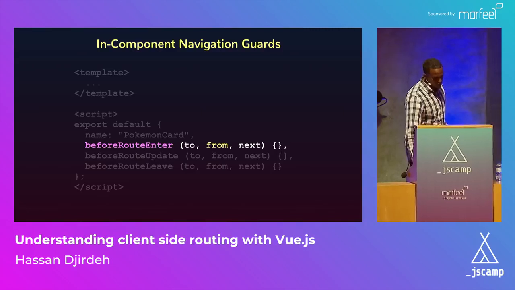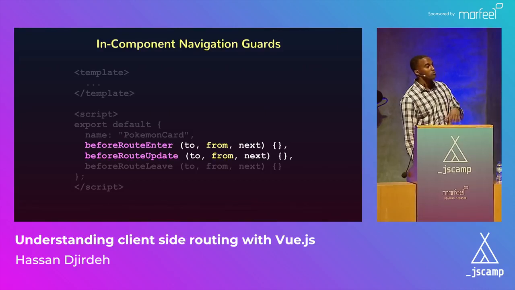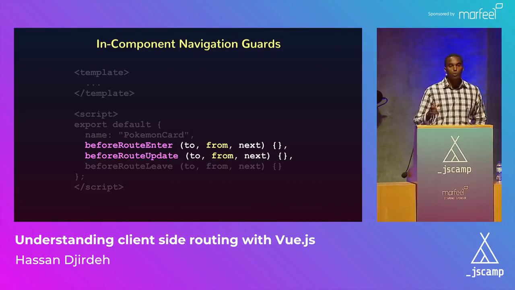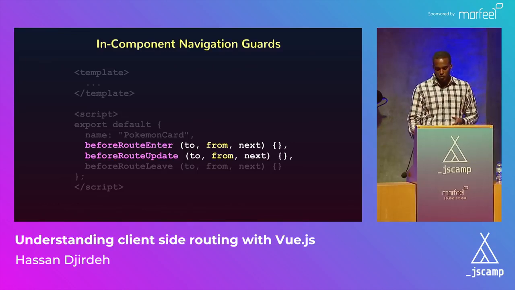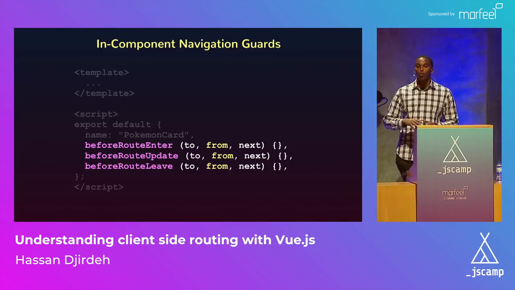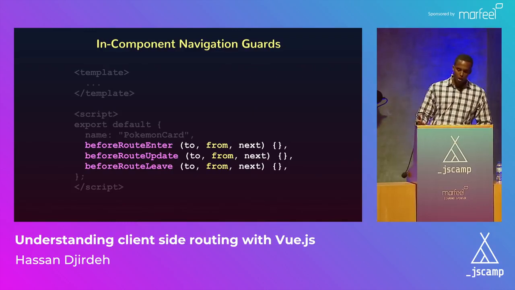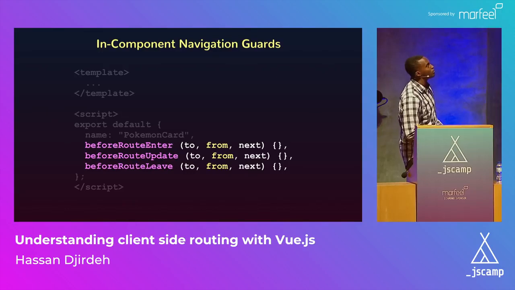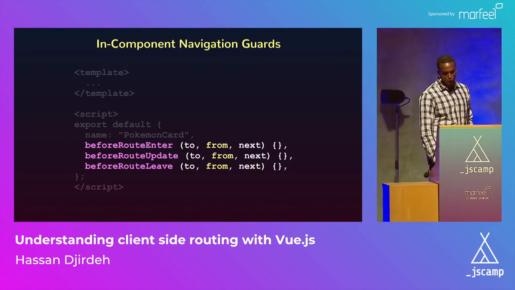beforeRouteEnter, this is when a route that's about to be rendered for a particular component is about to happen. beforeRouteUpdate, this is when a route's about to be updated, but the same component is about to be re-rendered, useful for dynamic routes and having a single component. And beforeRouteLeave, this is when a route is about to be navigated away from a component. Similarly, you have access to the same three arguments, the target and the current route objects, as well as the